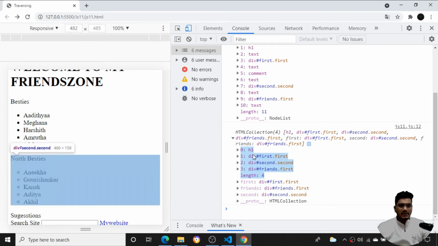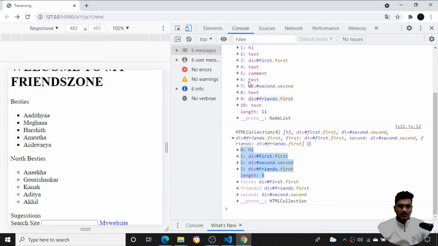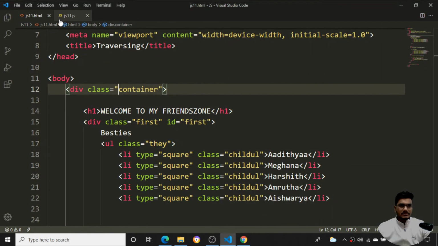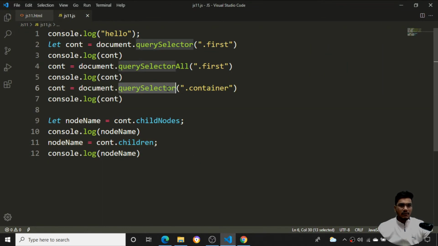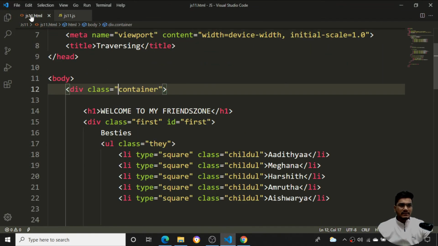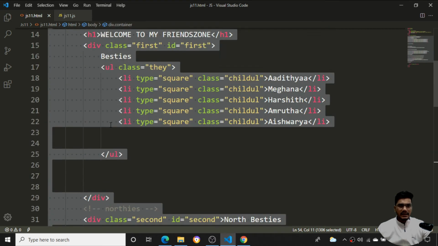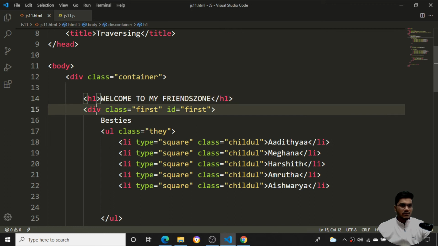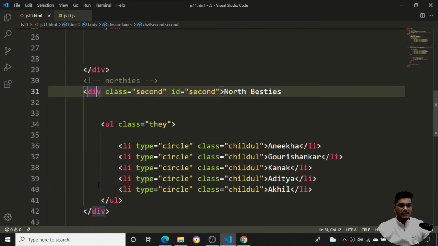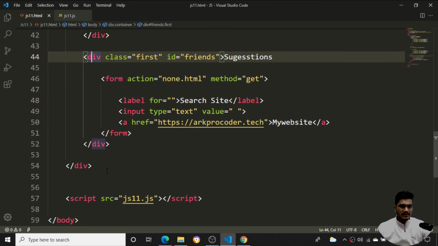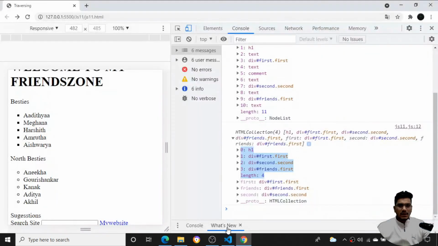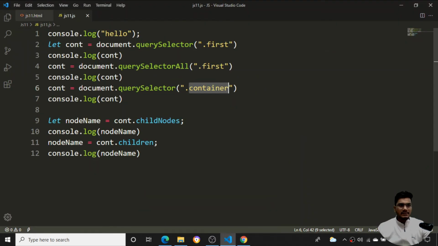You can see in this particular fashion, because I am applying the query selector on the container, inside my container what are the main elements? Only the starting main elements are getting selected, the first children, that is h1 and the div tag and this particular div class and even this particular div. That is totally 4. So this is how I can select the particular element from the children.